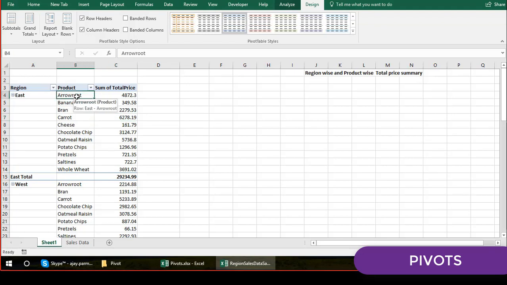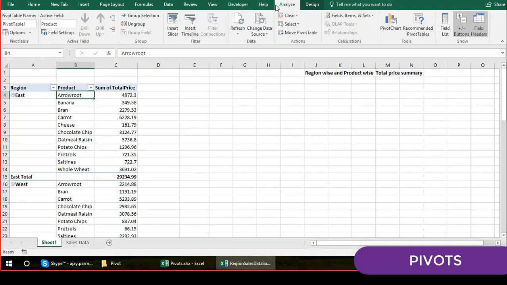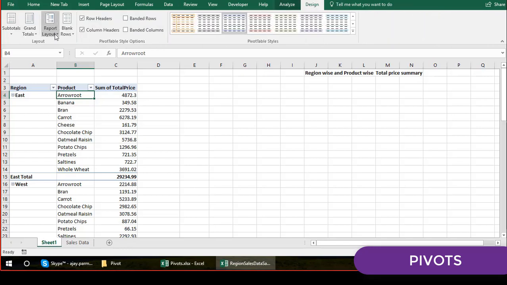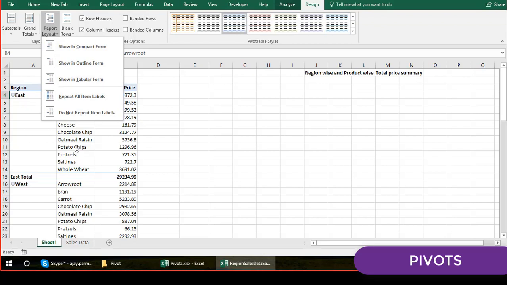If you are using Excel 2010 and 2007, because I'm not sure about 2013, you don't find this option analyze. There is a change in the header name. However, inside this header we have all the functionalities. I think you find the header called layout. So don't get confused, you'll find all these menus there. So what we did, we converted this into a tabular form.